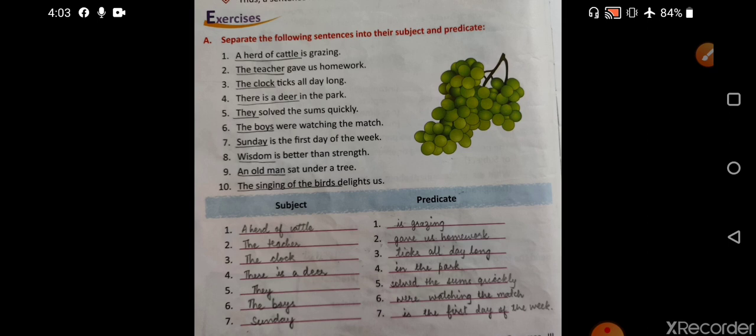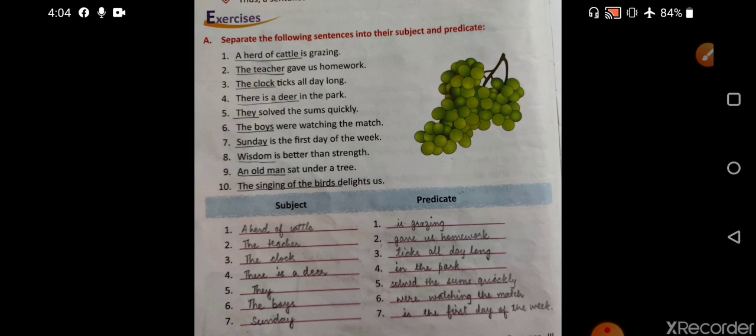Now this question, there is a deer in the park. As I have taught the same subject in the last session, I have noticed that many of the students got confused and wrote only deer as the subject. And we should not do this. This is wrong. If you write only deer under the subject and the rest of the sentence under predicate, this will be considered as wrong. So there is a deer. Till deer, all the words will come under the column of subject